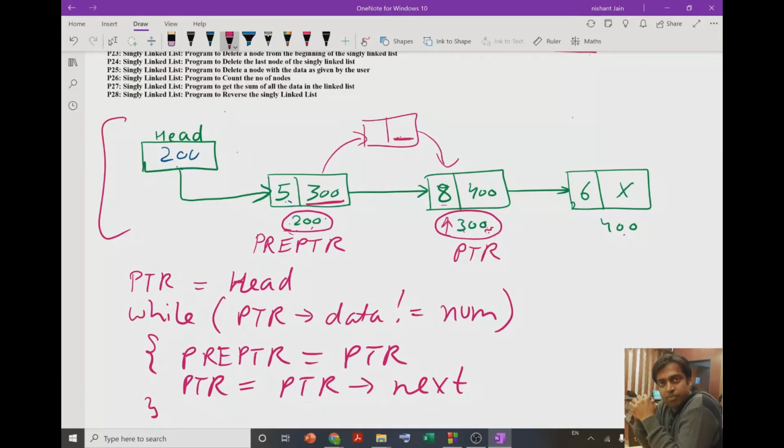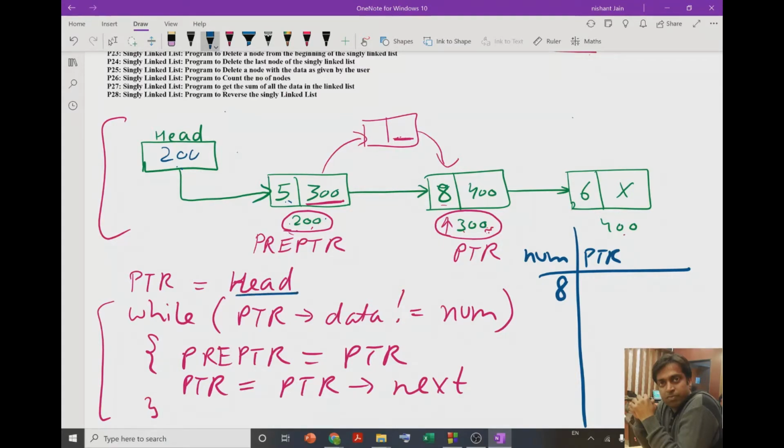So let me demonstrate how this code is going to work with the help of a table. We have num, let the value of num be 8, then we have PTR, which is initialized with head, so the value will be 200.